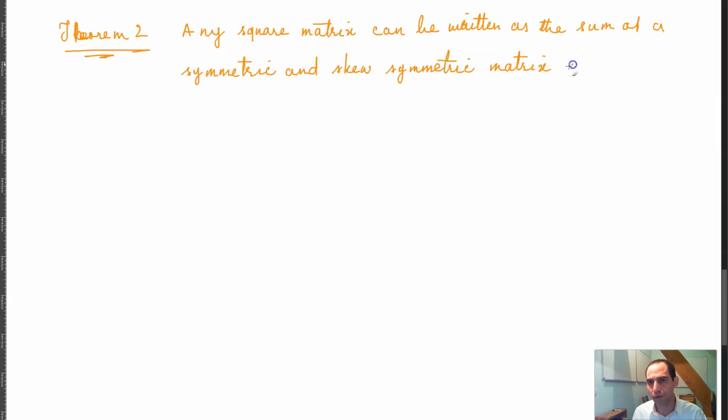So what that means is, it's pretty clear: if you have any square matrix, you can write it as the sum of a symmetric matrix and a skew symmetric matrix. Now to prove this, you can say